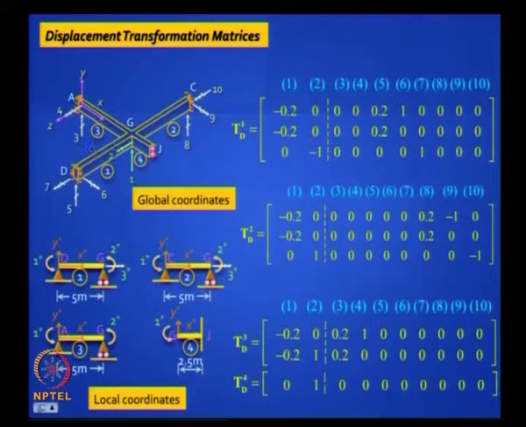The second column corresponds to D2. As far as elements 1 and 2 are concerned, it is clearly an angle of twist, but it is going to be outward only for element 2 and inward for element 1 by the sign convention we took. So we write here minus 1 and plus 1. And as far as element 3 is concerned, it is a flexural rotation, so it is 1. As far as element 4 is concerned, it is a flexural rotation, it is 1. Like that, can you fill up all the others?